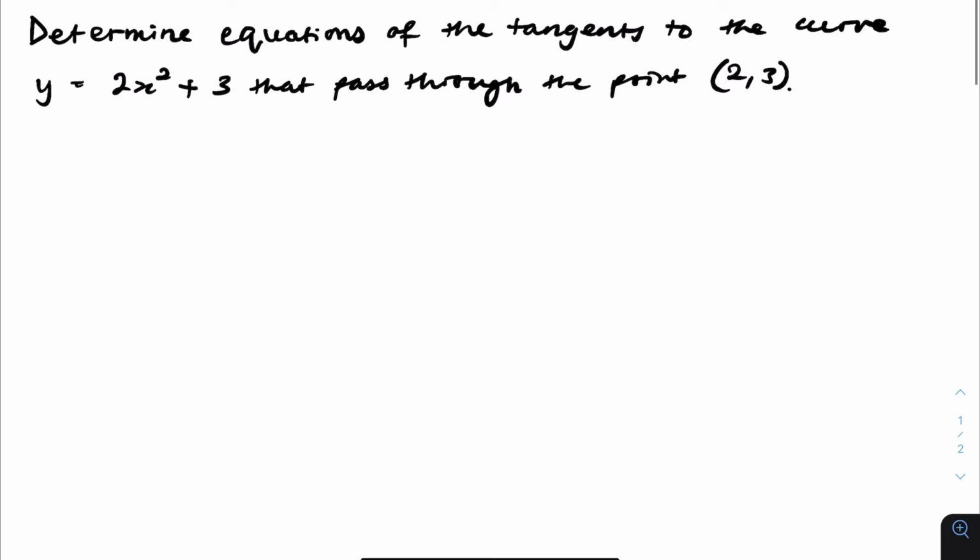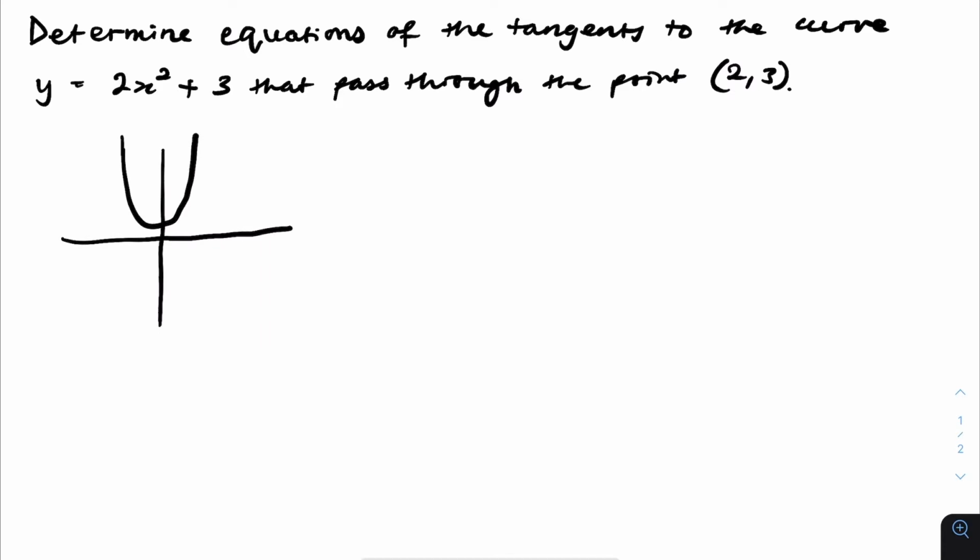So if we take the example of x squared plus 1, which would look something like that, I'm not doing it exactly with the markings. We could see that there are actually two tangents that pass through a specific point. So if, let's say, we wanted to see the ones that pass through this point here, which could be, I don't know, (2, 1),